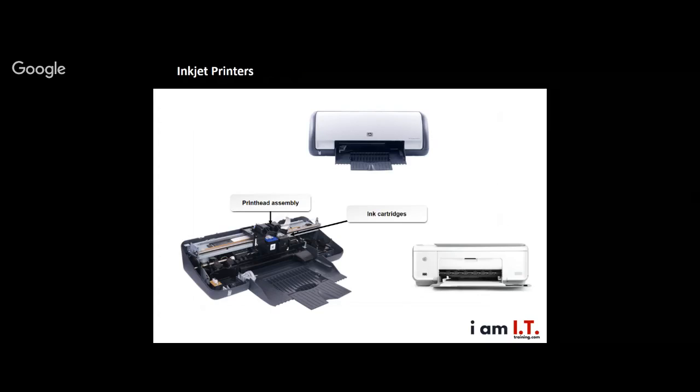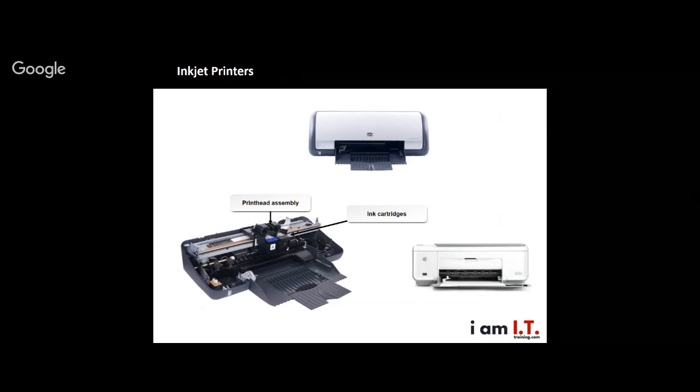Now, it forms images on paper by literally spraying liquid ink out of its ink cartridge, and it has nozzles, and it just aims the nozzles where it needs to go on the paper. The cool thing about this, and what you need to know about the unique part of an inkjet printer, is it had a self-cleaning cycle, and its print head would be parked on the side of this moving ribbon when